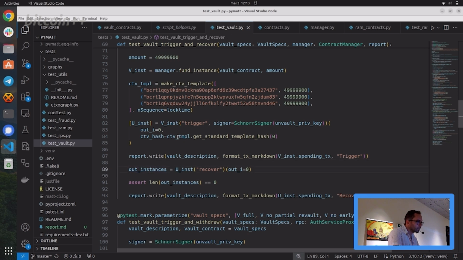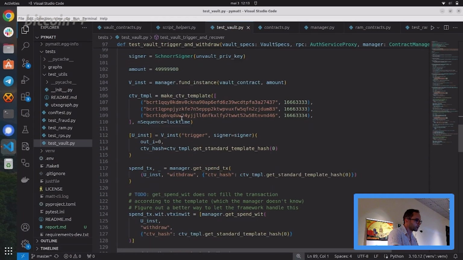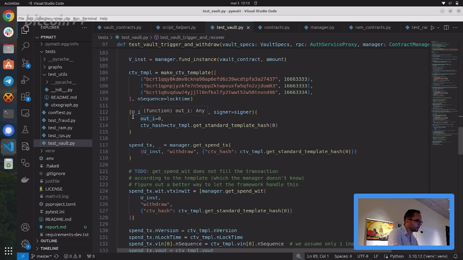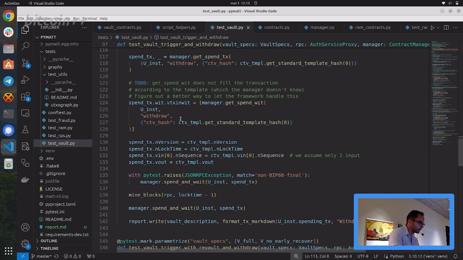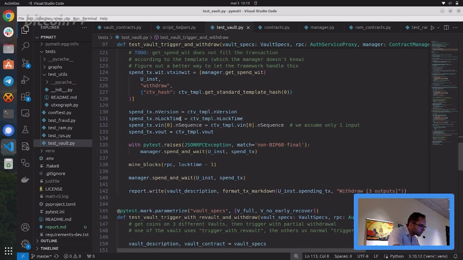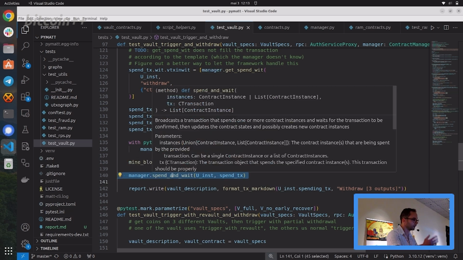And so, this is using trigger and recover. If you do a full flow, which is trigger and withdraw, it will look like this. Again, you do the trigger transactions, and then you produce a spending transaction. Well, those are some of the examples that are a bit more complex. And here is an example where you have to mine some blocks before you can do it. But again, you can ask the manager to wait for the transaction to be spent, and then that will produce